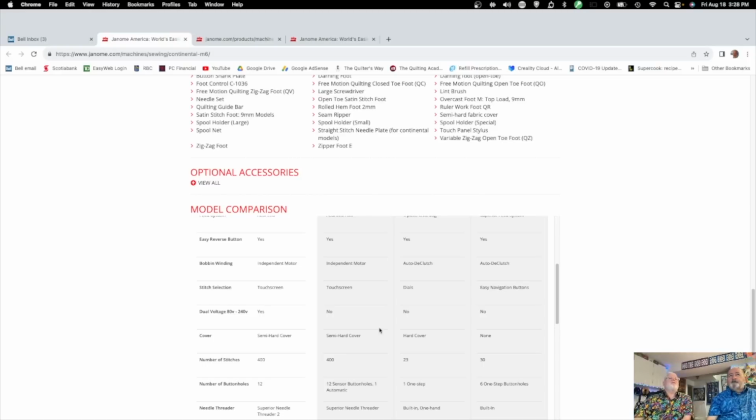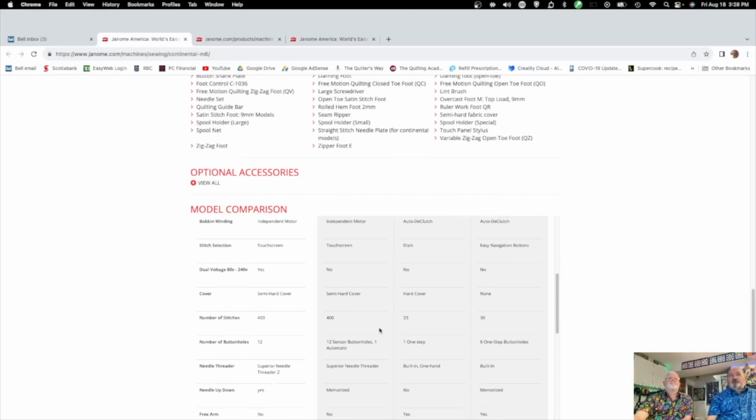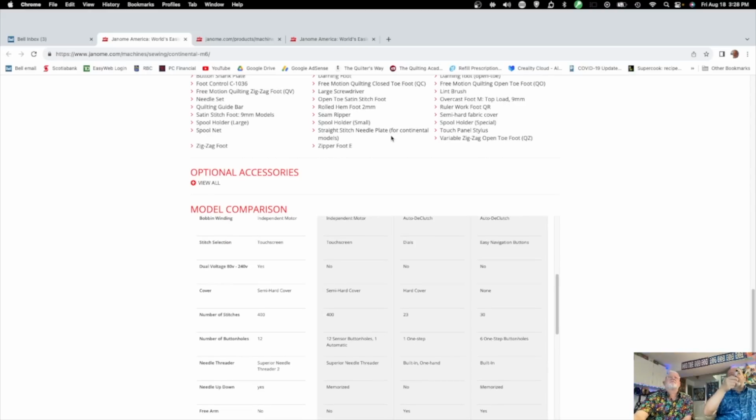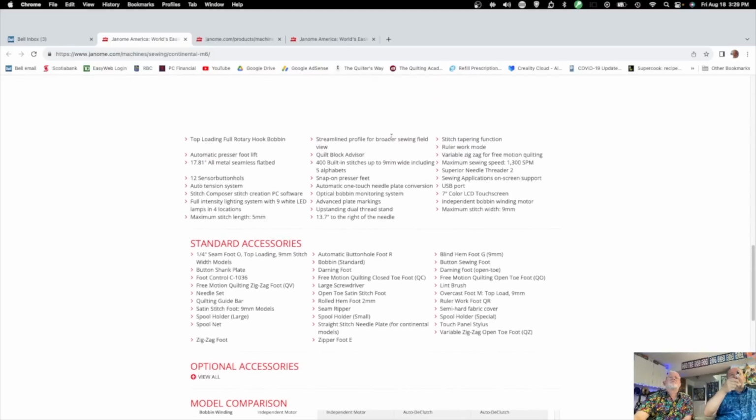Are they trying to market this one towards the European market? It's possible, now that they've come out with ones that they don't have to convert for European or North American markets. Number of buttonholes, 12. On the M7, it's 12 sensor buttonholes, 1 automatic. I think they're playing with semantics. Well, if you look at your buttonhole thing, it says at the top where you have your thing, it says,